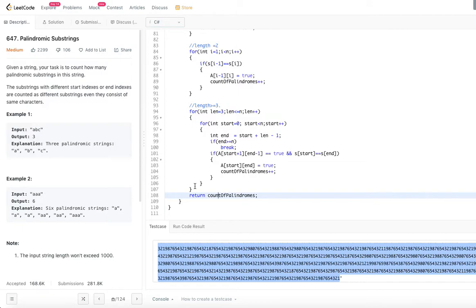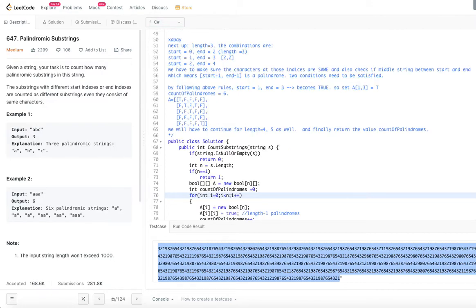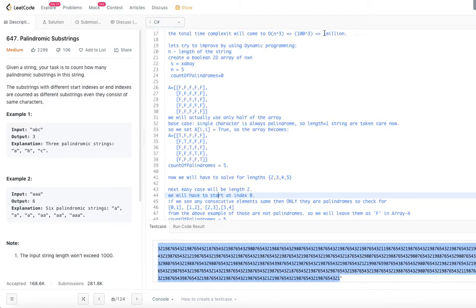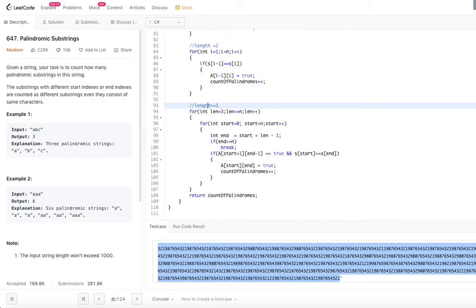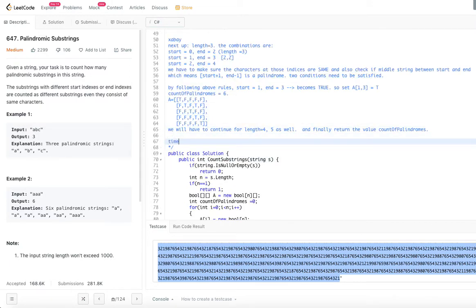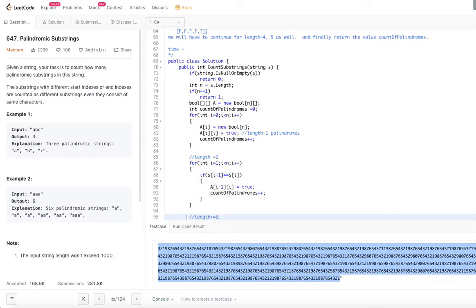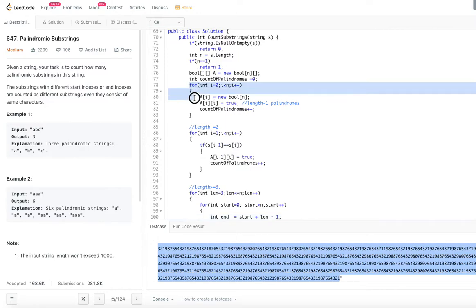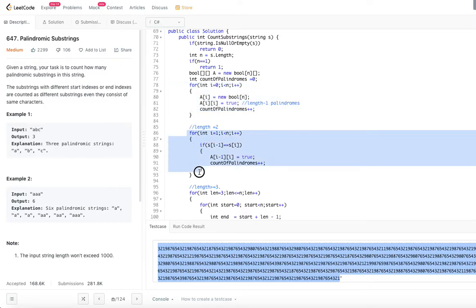So let's go ahead and look at the time complexity. In the case of order of n cube, it was 1 million operations totally. So let's see how much we are able to decrease the time with this. Time complexity. Okay, let's come down. We are going through the for loop n times of length n, so this will be order of n, and this is order of n. So order of n plus order of n, so this total is still order of n.